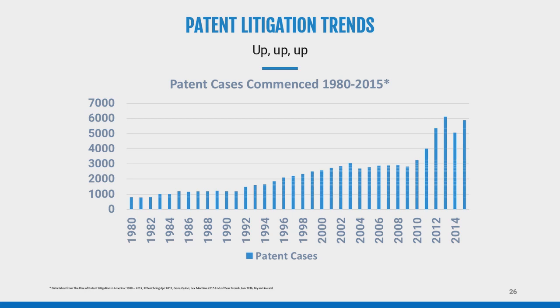Many blame trolls, patent trolls. You might have heard of that term, but as you can see, litigation continues to go up, and the numbers are still going up. And so we, unfortunately, are living in a litigious society, and IP suits are going nowhere. So the reason I mention this is to help all the companies here just to be ready to understand the scope of how litigation impacts business.